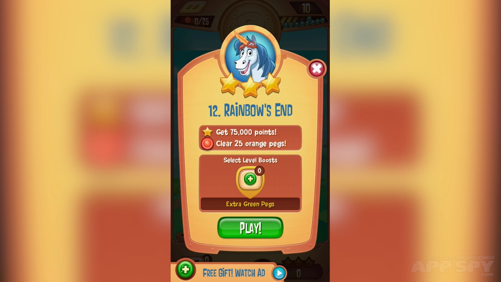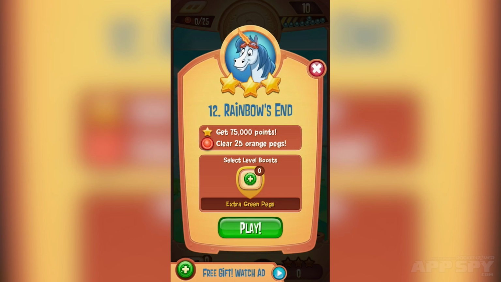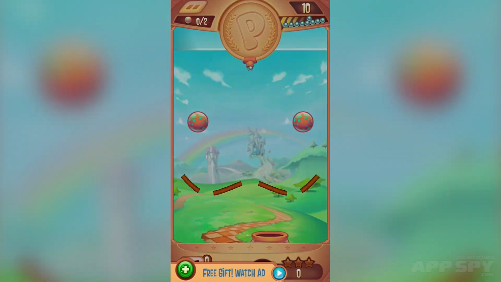As you go into these levels, you can buy extra green pegs, you've got boosts in the game. Oh, whoops, I actually purchased it. Let's hope I'm not logged in. I'm not. So you can get extra green pegs, you can watch an ad to get more stuff. There are different level types in the game. This one has